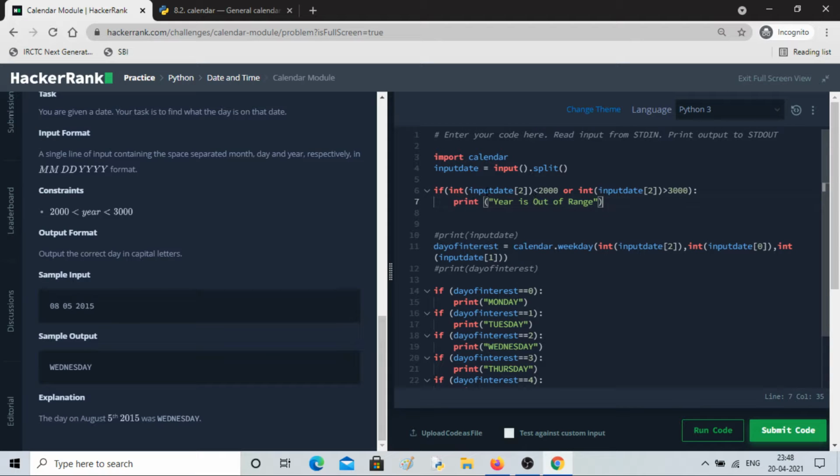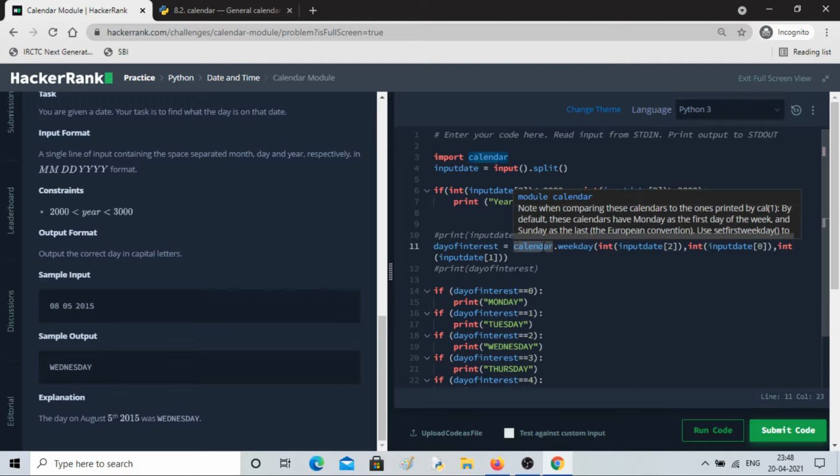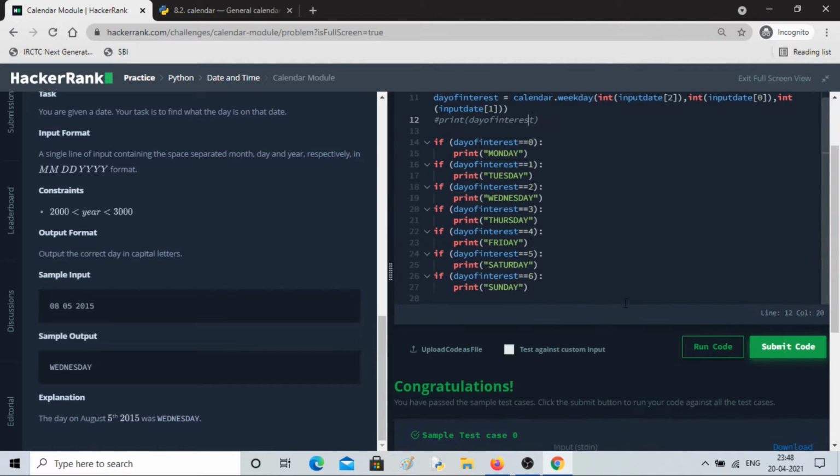So if integer input this, so this is actually taking the year, and since it is in a string format, it is converting into int. Okay, so we also have to look for less than equal to, greater than equal to. It should not be equal to as well. Okay, so if this is the constraint, and this is the module we are using here, and we are printing it.